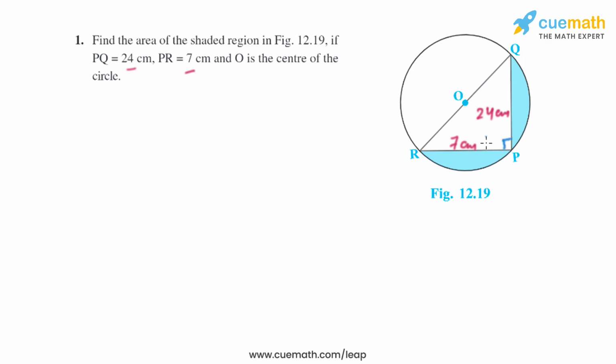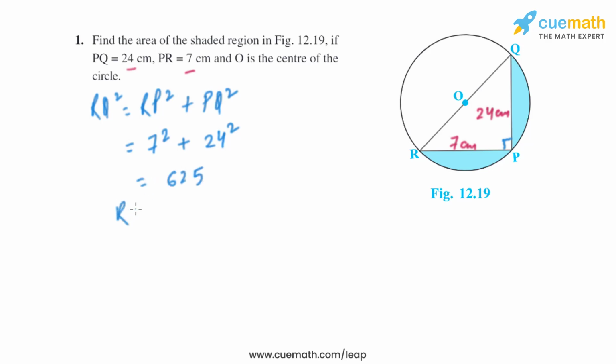As RQ is the diameter of the circle, angle P is 90 degrees. So if angle P is 90 degrees, we can use the Pythagoras theorem. We have the length of RP, we have the length of PQ, so we can find the length of RQ. On using the Pythagoras theorem, RQ square equals RP square plus PQ square. We know the length of RP is 7 centimeters, so it will be 7 square plus we know the length of PQ is 24, so it will be 24 square, and on adding them we will get